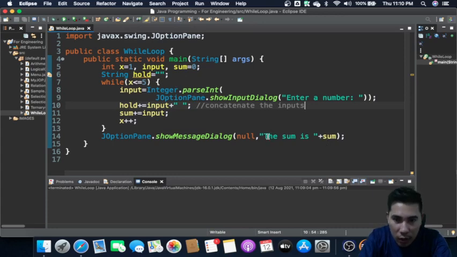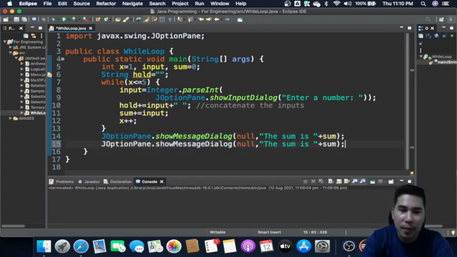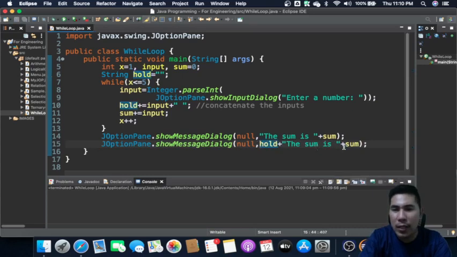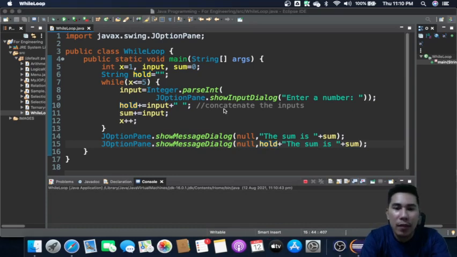And then what we are going to do here is have another output statement, then we have here the hold. You can put 'the entered integers are', or leave it out, and 'the sum is' sum. And then if you run the program, you will have it right here.